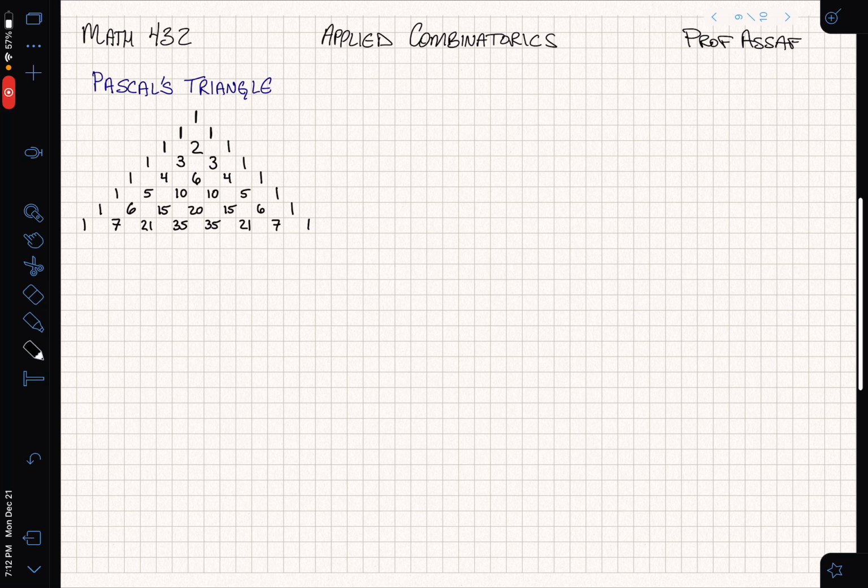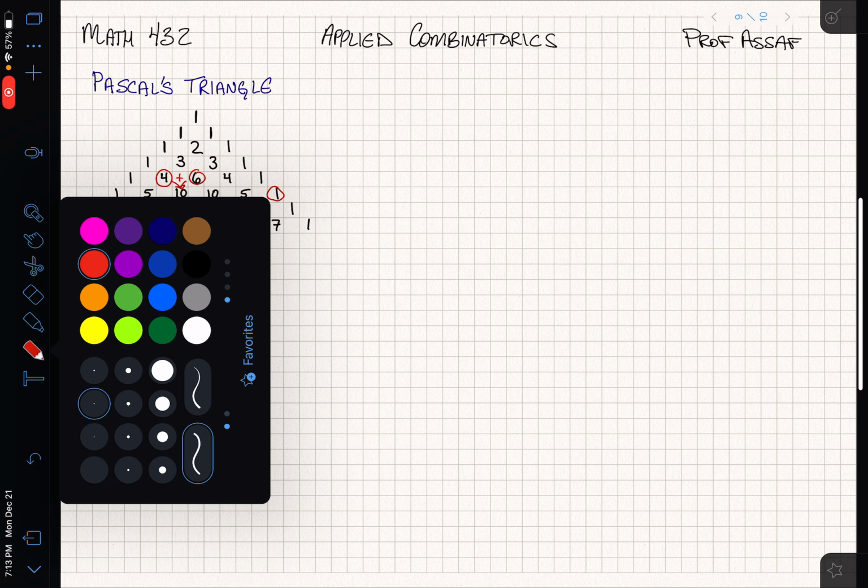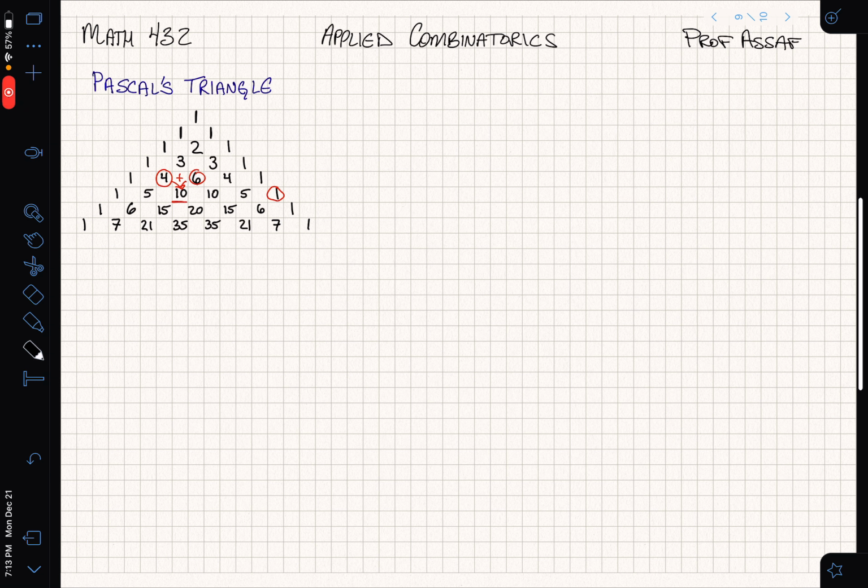The way that this is generated is to figure out what this value here should be. We work from the top down, so we'll take the two numbers that are above it, add them together, and that's what will produce this number. If there aren't two numbers above a given number, then you're at the edge, and the edge cases are always 1. So that's Pascal's triangle and how we generate it. It's made by combining two terms above, and that really is telling us something about binomial coefficients due to the following theorem,